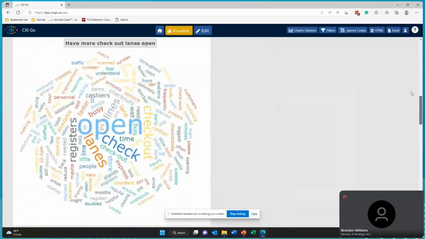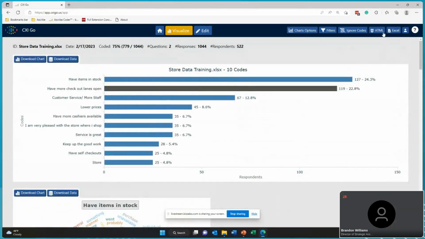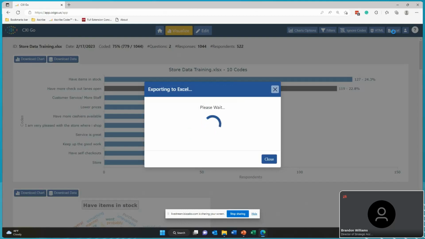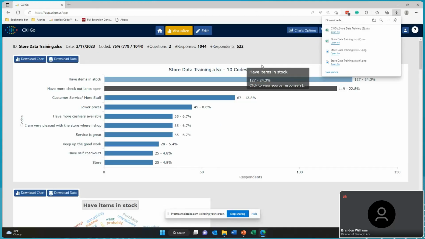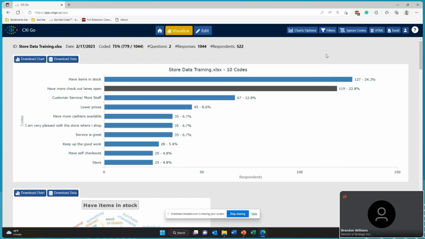Now all the way at the top of the screen here, we could do one mass export. So we do have an Excel button all the way at the top where you're able to do a mass export. Now this big export will include everything that we just went through. It'll include more than that as well. It has all of the quote unquote findings from our processor. It has more included than just what we have on this side of the screen.